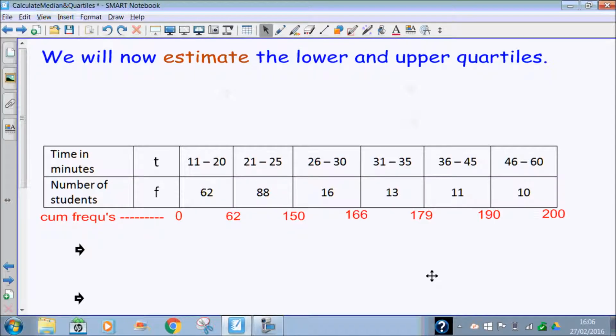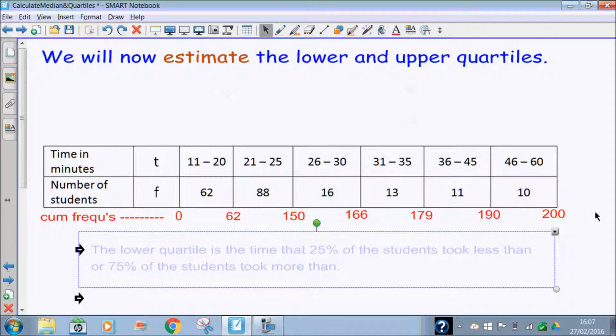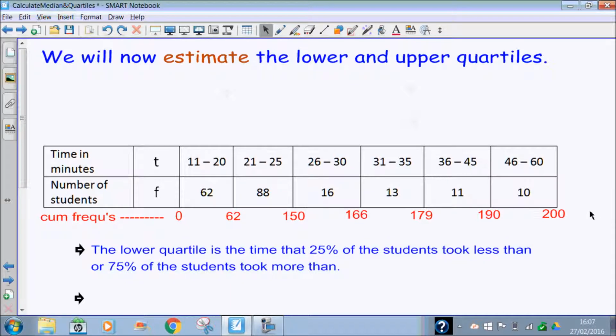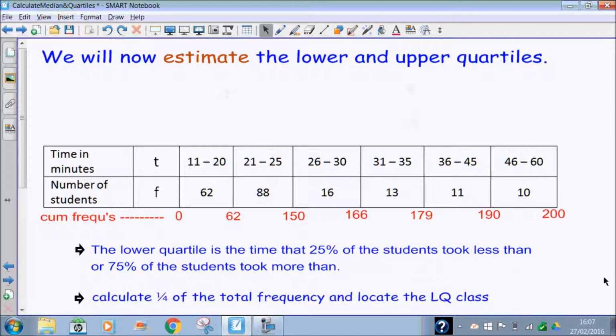We now need to estimate the lower and upper quartiles of the times the students took to complete the exam. The lower quartile is the time that 25% of the students took less than, or 75% of the students took more than. So we need to calculate a quarter of the total frequency and then locate the lower quartile class. A quarter, or 25% of 200, is 50, and so the lower quartile is in the first class,